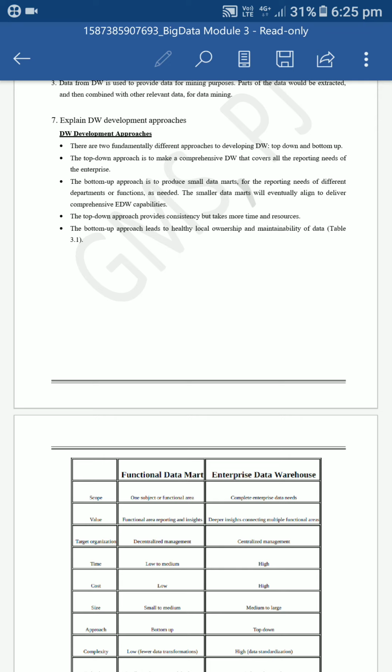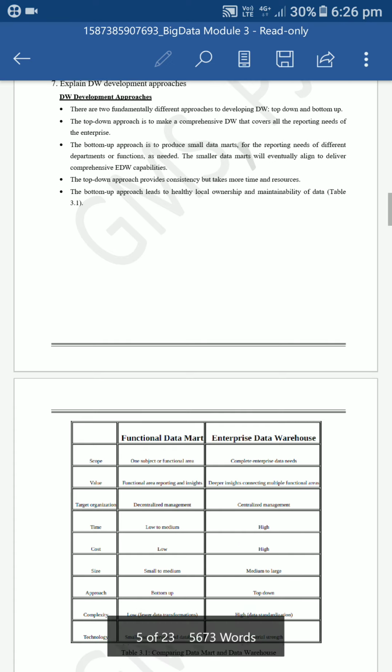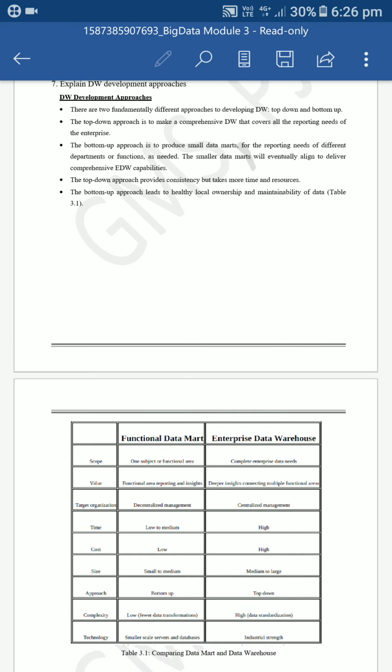And next, the best practices of the data warehousing. First, the data warehousing projects should be aligned with the corporate strategy. Corporate strategy means the top management should be consulted on the objective, and the project must involve both IT as well as business professionals. That is the first best practice.